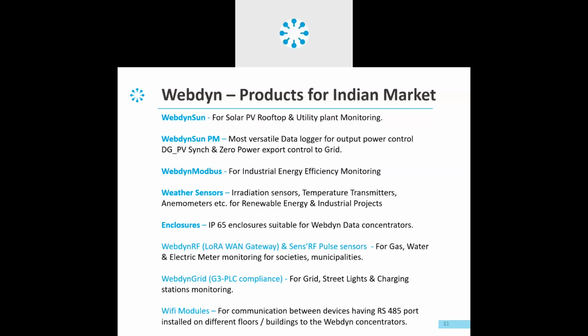Then Webdyn RF, meant for long-range wireless network connectivity, which may range from 10 kilometers to 20 kilometers of wireless data collection and transmission. Then Webdyn Grid, which is mostly meant for street light management and charging stations monitoring in terms of EV, and